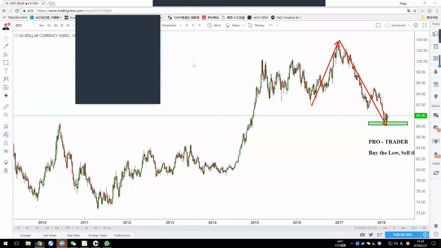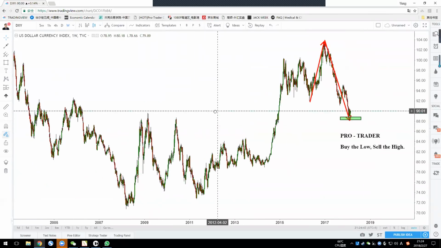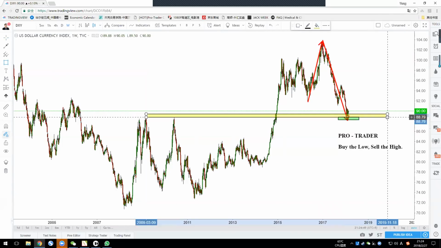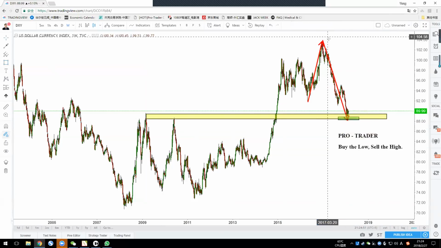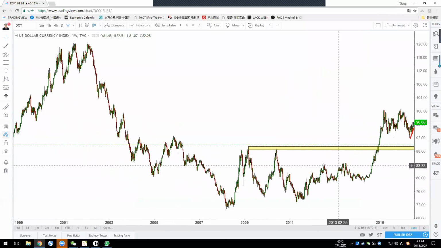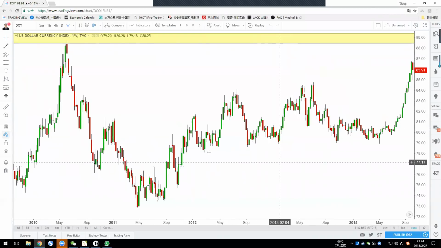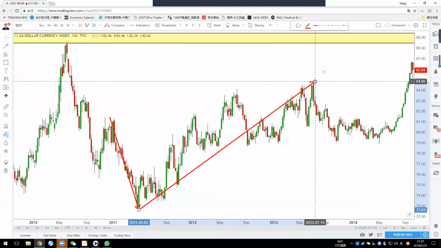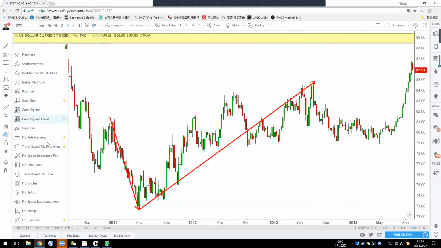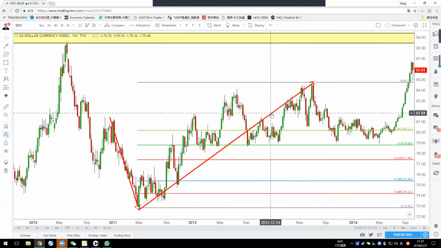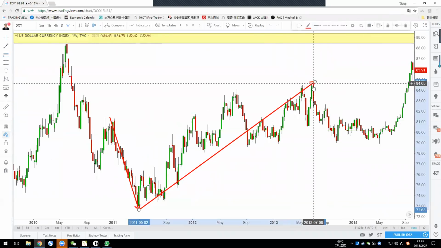Maybe 2618, maybe, but we need to know the neckline. If the neckline is very, very good, the price doesn't necessarily touch the 618 every time. There are a lot of times the price didn't retrace 618. For example, here, the price moves from here to here, right? And if you keep waiting for 618 only, we won't get the entry. So the very important idea is you need to look left to find where is the stronger support.